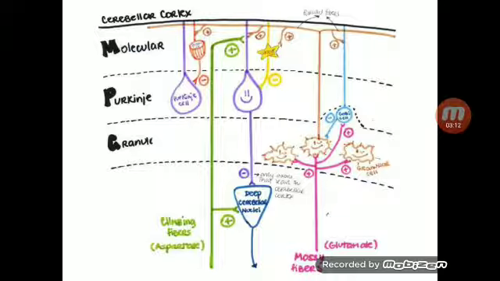Now coming to the next input fibers, that is mossy fibers. These are coming from every other sensory fiber except the olivocerebellar tract. On entering, they also give off axons to the deep cerebellar nuclei. They release glutamate here, which is also an excitatory neurotransmitter, and activate the deep cerebellar nuclei. So deep cerebellar nuclei send axons to control nuclei in the brainstem, which play a role in neural sharpening.